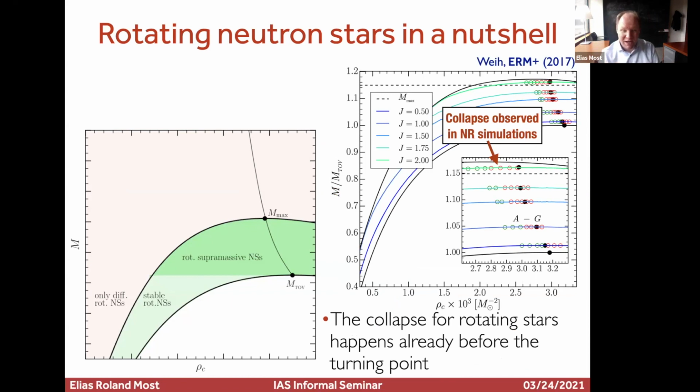And you can then ask, how does that translate? Can you also derive the 20% criterion for differentially rotating stars? The answer is sort of yes, but it depends. We tried to do something in 2017, but we picked the wrong rotation law, because it's relativity, it's complicated. But if you simplify things, you can support a little bit more. But then it's not really clear at which point they will collapse. So you basically have to modify the criterion on where they become unstable.